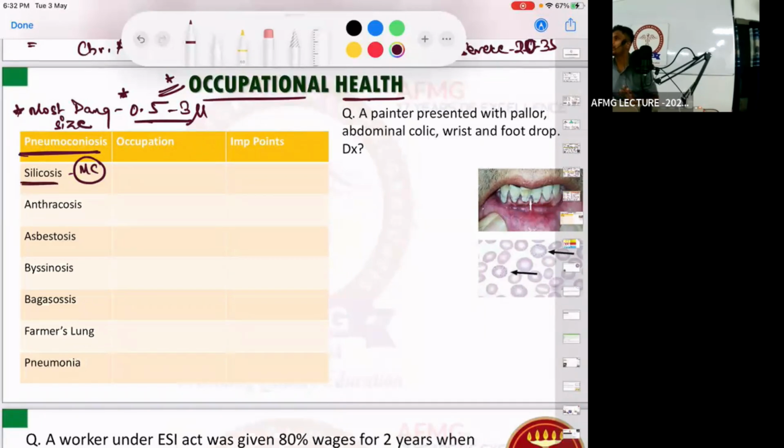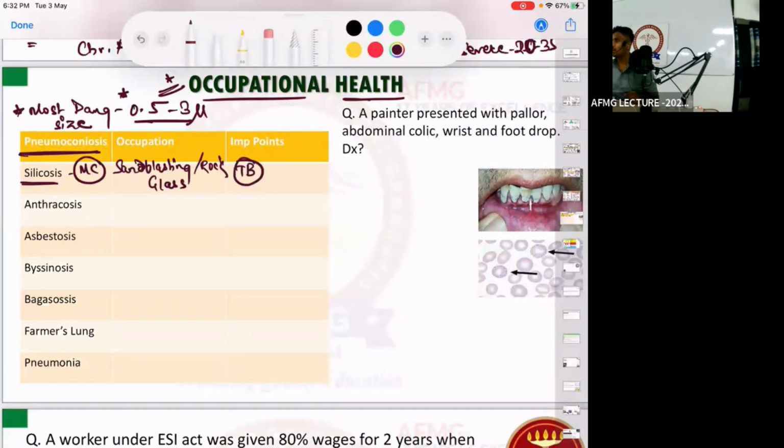Silicosis is seen with which industry workers? It is seen with the sandblasting industry, sometimes also termed rock blasting or stone blasting industry, and also seen in glass industry workers. Important point: silicosis is most commonly associated with